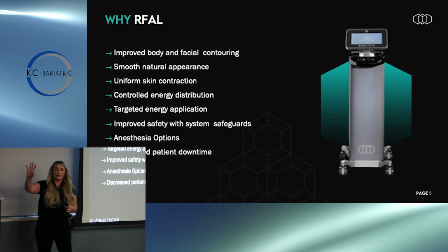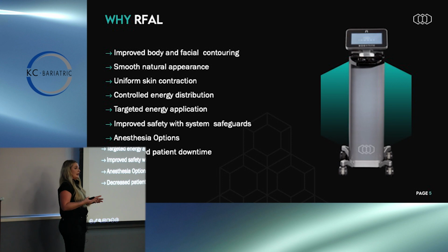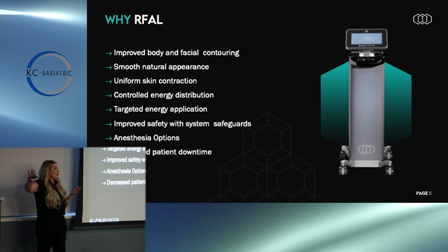So you guys saw the larger hand piece. We also have these smaller ones, and we'll talk about those in just a second as well. But we can get very precise in the areas that are bothering you. Again, it's going to be minimally invasive. So you're just creating a tiny little micro incision where that cannula or that probe is going to be inserted